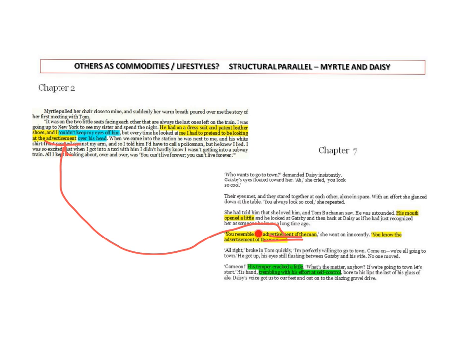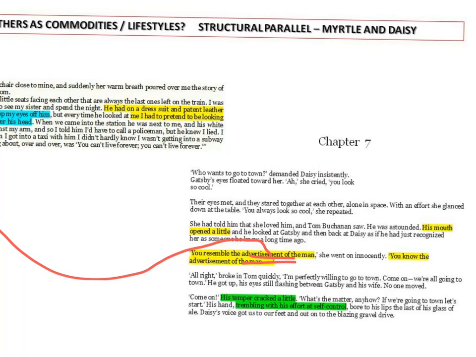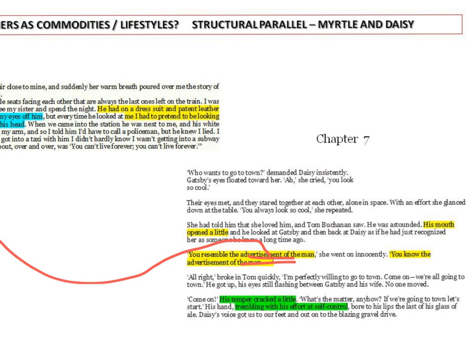Just a little mention of the green stuff here as well in relation to Tom. We're talking about desire and self-control. Tom is a character who is appalling in terms of impulses and desires. He's frequently adulterous. There are suggestions of it during their honeymoon as well, which we'll look at later. But you can see here Tom's temper cracked a little, and he's trembling with his effort at self-control. Not something that's big in The Great Gatsby amongst their characters. Self-control, we'll talk about a little bit in terms of car imagery as well later on, which is symbolic of the Jazz Age.